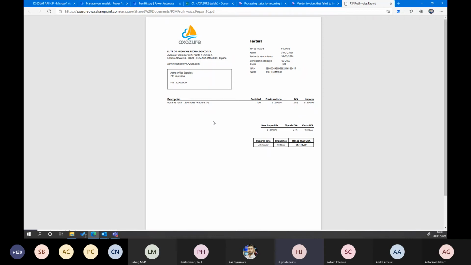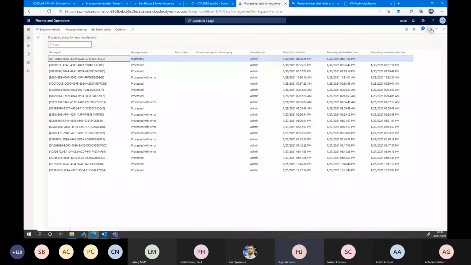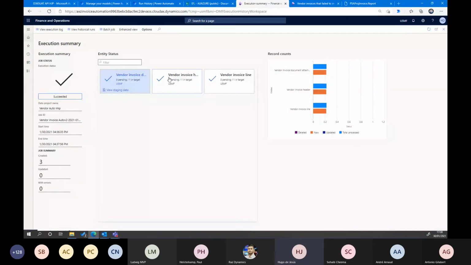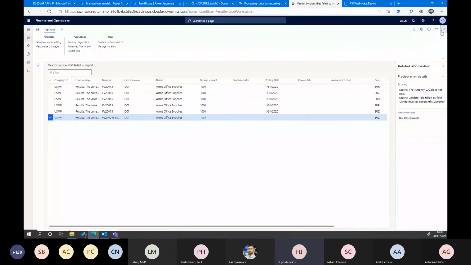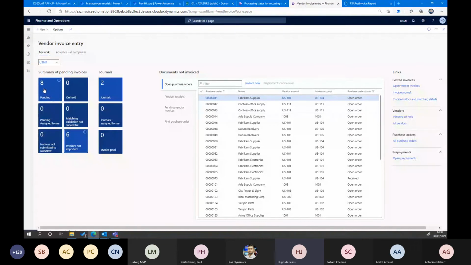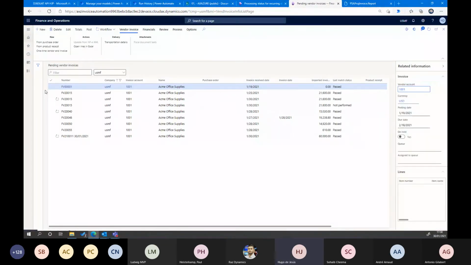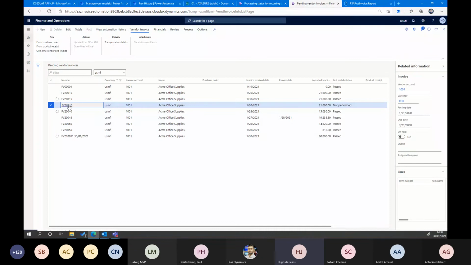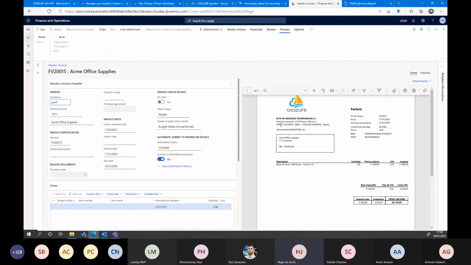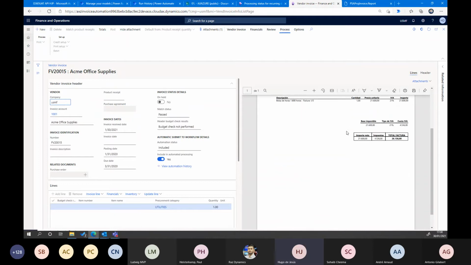Okay, in this moment, the user can open the system. Let me check if I write it down. Process it. Okay, it's processed. All information is already uploaded. Okay, the user can go to the workspace, and you have another one pending. Okay, and it is this one. This is the last one from today, with all information and the attachment information.